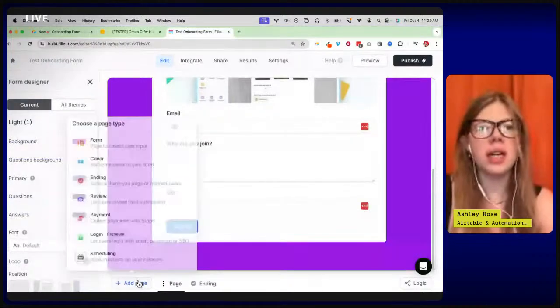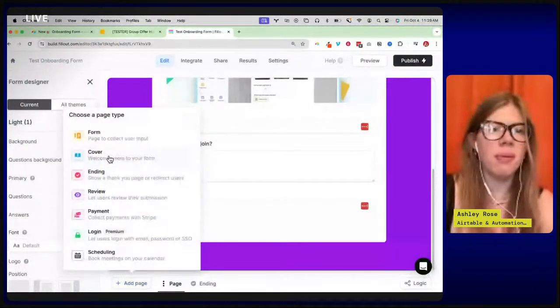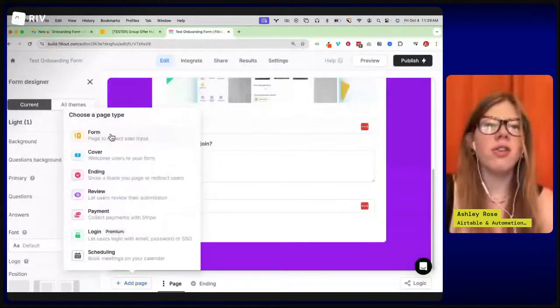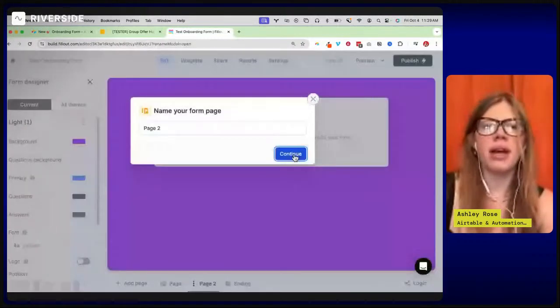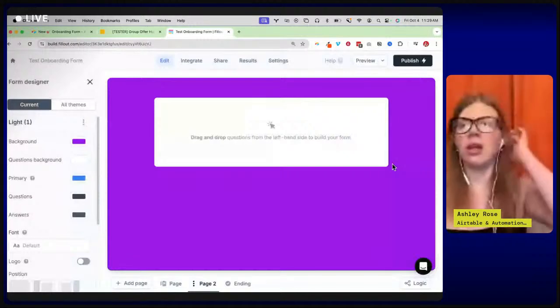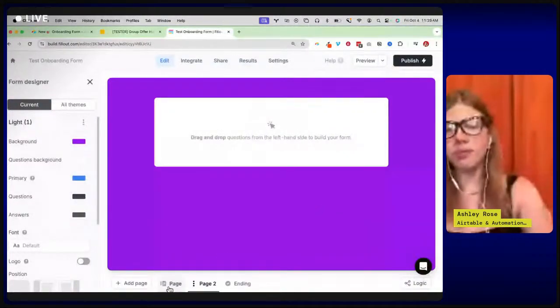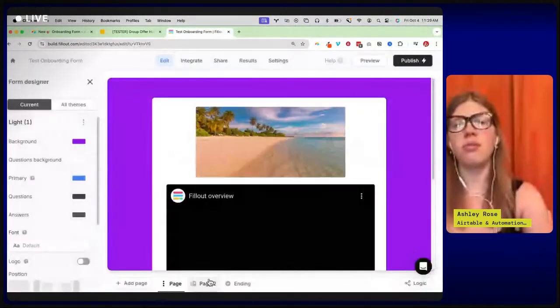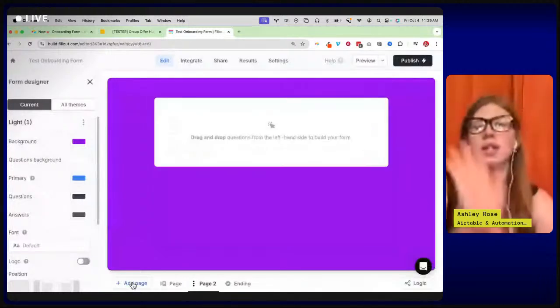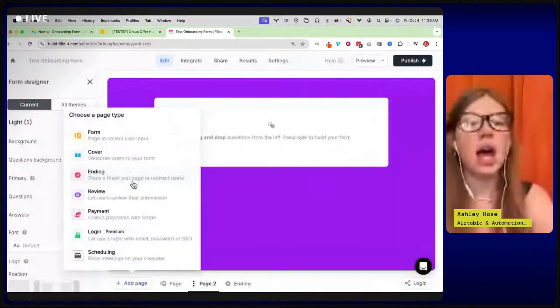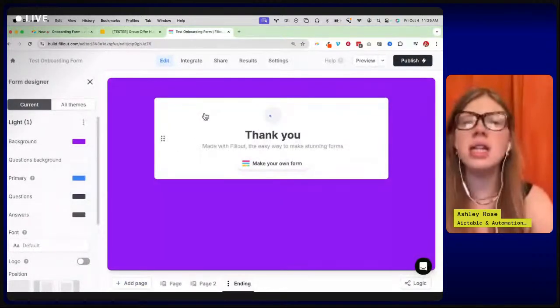Something else that it does is you can have different pages. If you have a form that has a bunch of different pages, that's how somebody uses Typeform. You can have lots of pages. You can have different conditional pages, so sending them to different things. You can have a cute little ending with next steps.